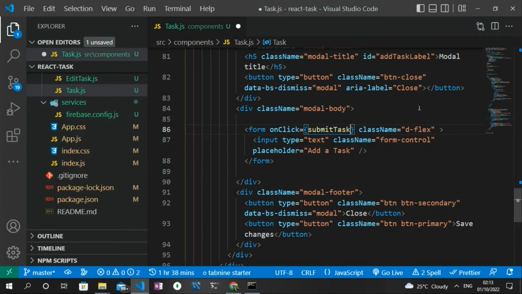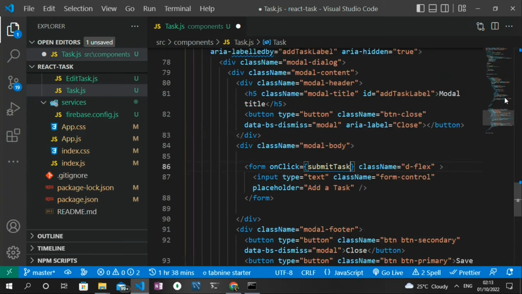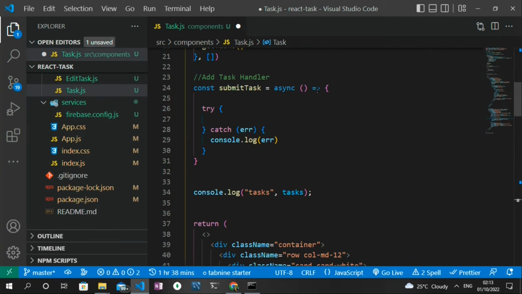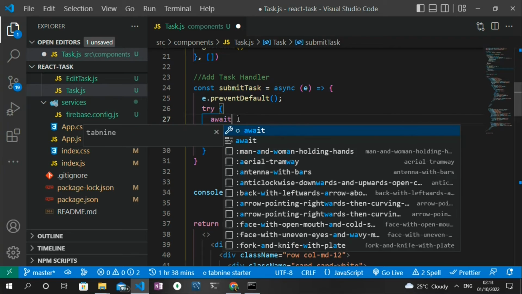So we just give it the submit task we just created, and then we can now head straight to where we have our function initialized. So the first thing I want to do is to prevent defaults, because the default behavior of a form is to reload the page after submitting. So I can just say e.preventDefault, and then within the try block I can just say await,